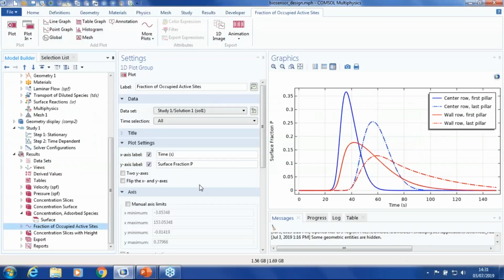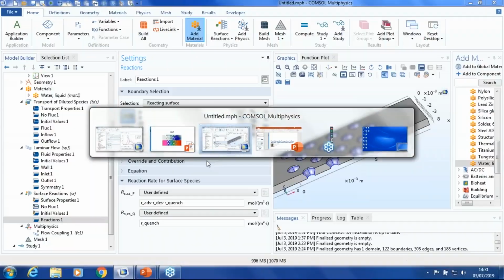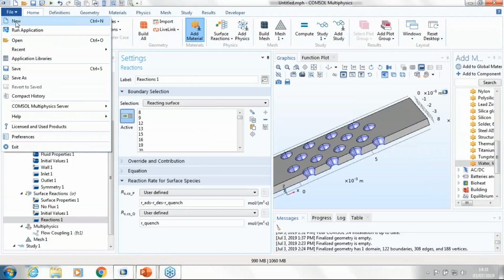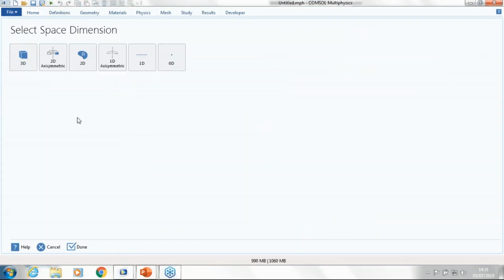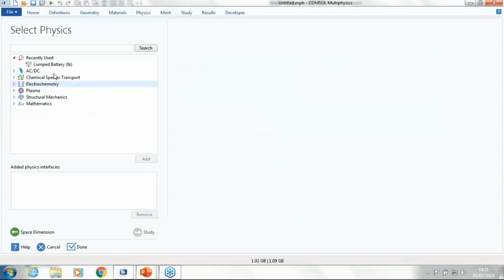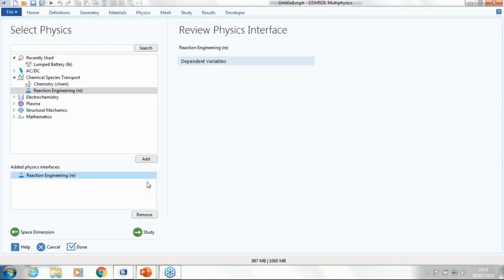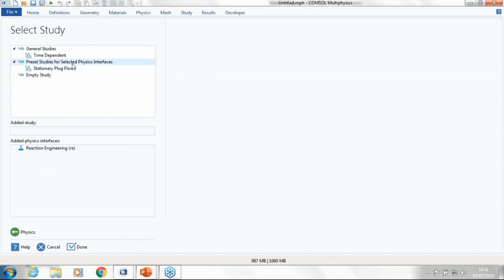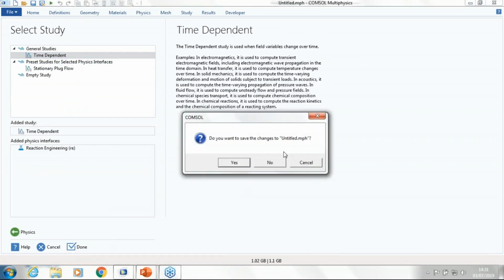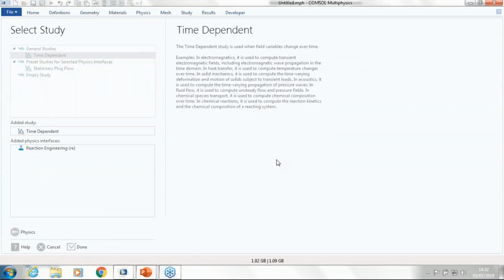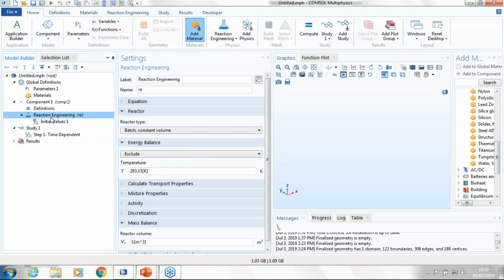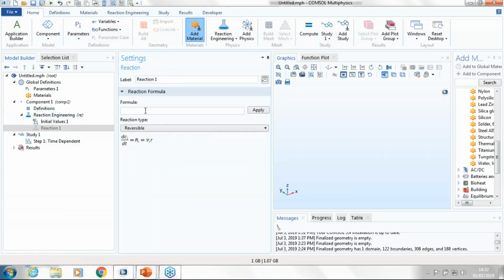So if you want to use the reaction engineering interface, we can just open it quickly. So if we go to new model wizard, we'll take 0D and then go to reaction engineering and add it. We can then click study and select time dependent. So with this one, we can just quite easily type in a reaction. So if we go P